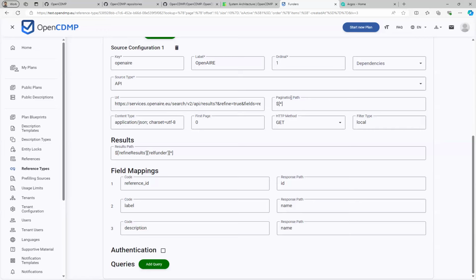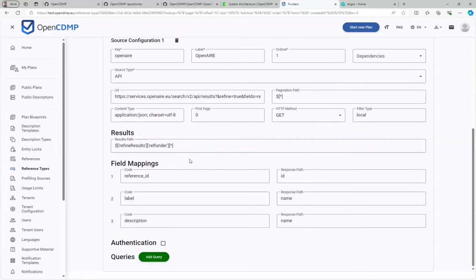So we have some information here regarding the pagination path, so where is the list, because it's not certain that the response would directly contain the list of the results. It might be enclosed in an object, etc.